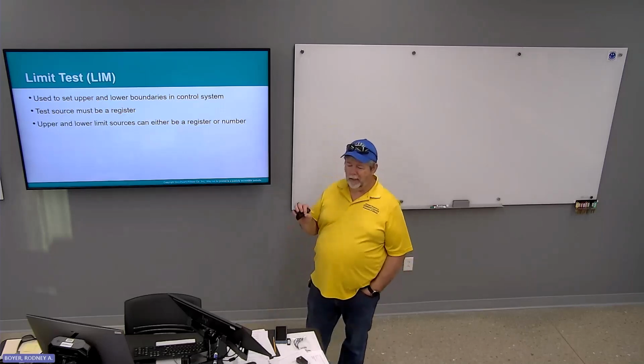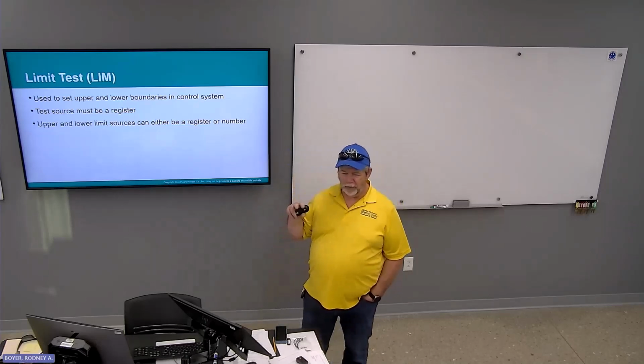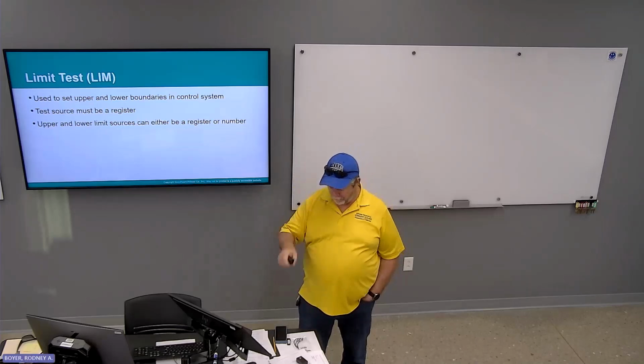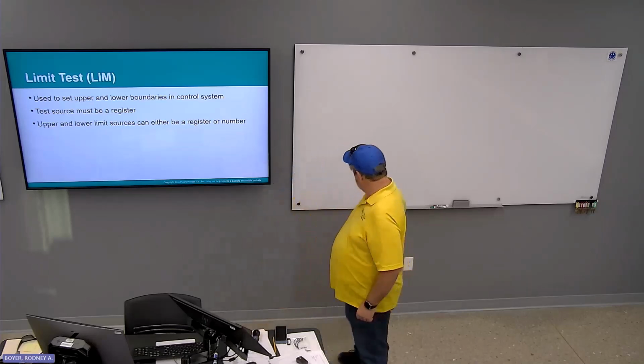Limit test. You set upper and lower boundaries in the control system. The test source must be a register. Upper and lower limits can be a register or a number. Okay, the way that limit looks,